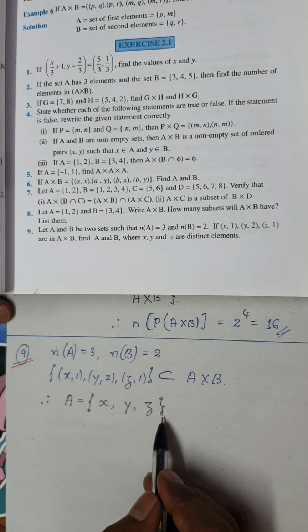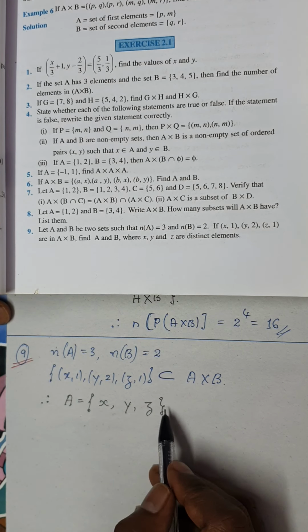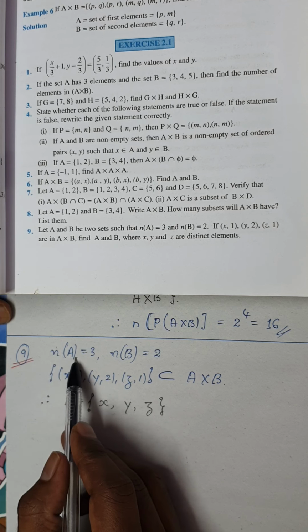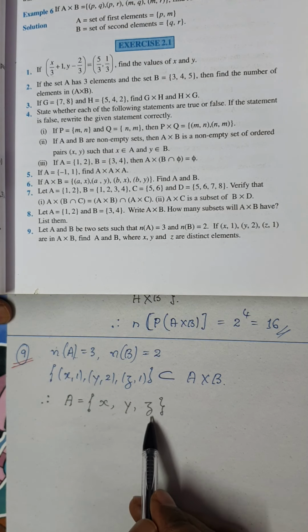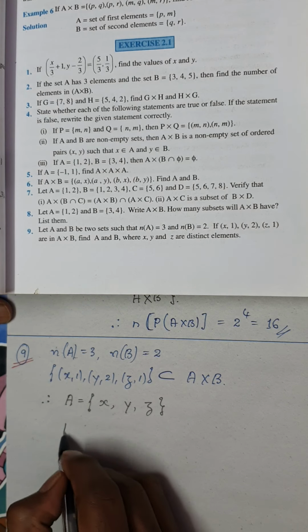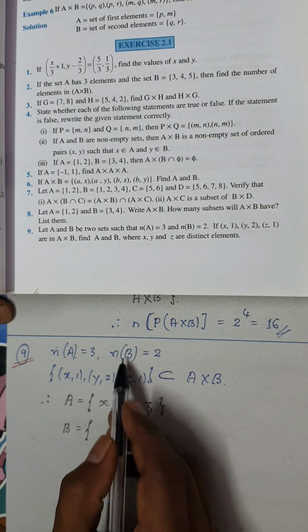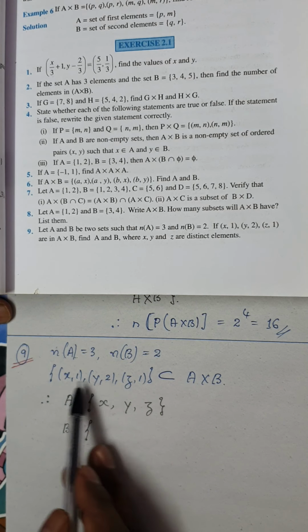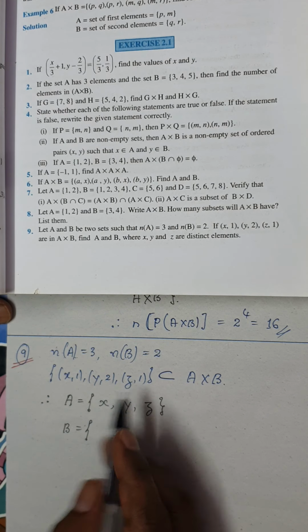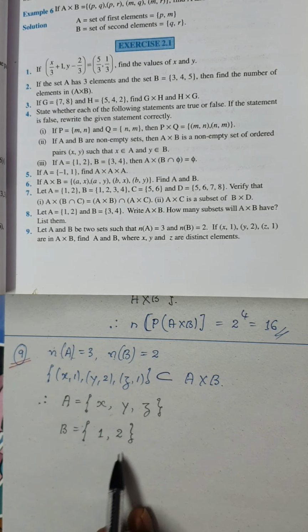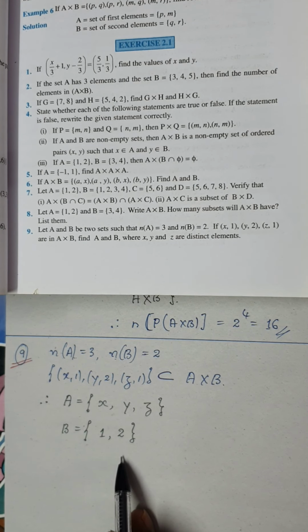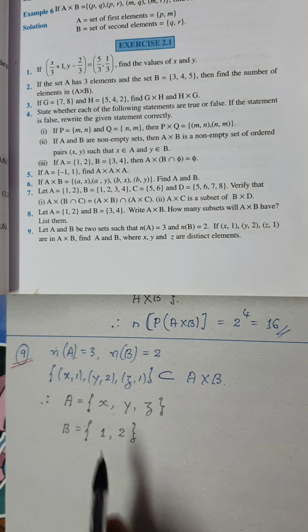I think I can complete this set because you can see here the number of elements in set A is 3. I've already got 3 elements. It's a very simple one. Now similarly going on to set B, I should get 2 elements. We know set B is all the second elements. So here the second element is 1, second element is 2, again it is 1. I need not write it again. So the number of elements in B is 2. I have got the elements, and this concludes the solution for this question.